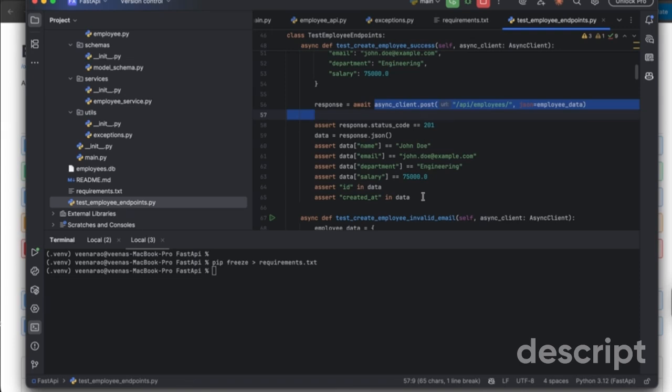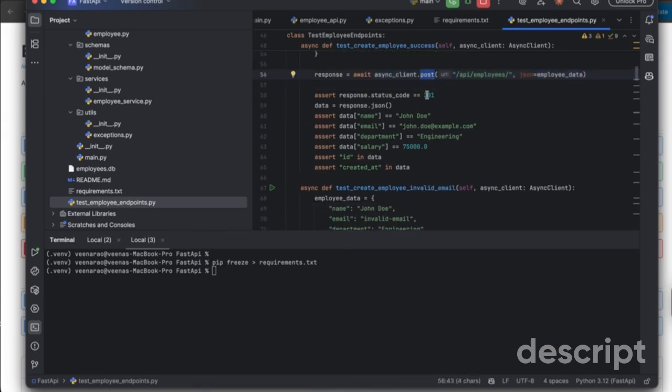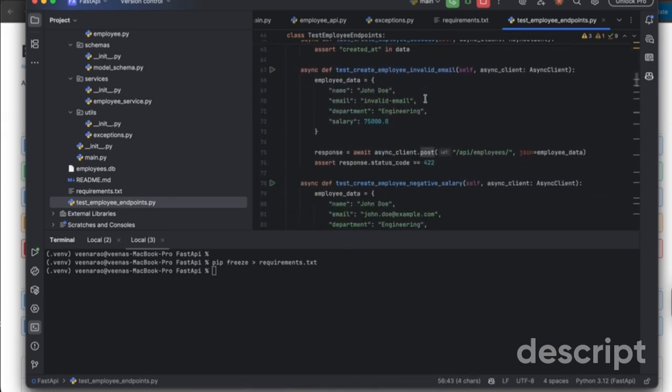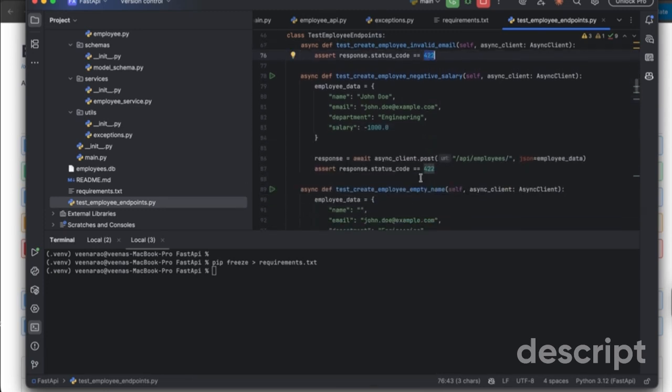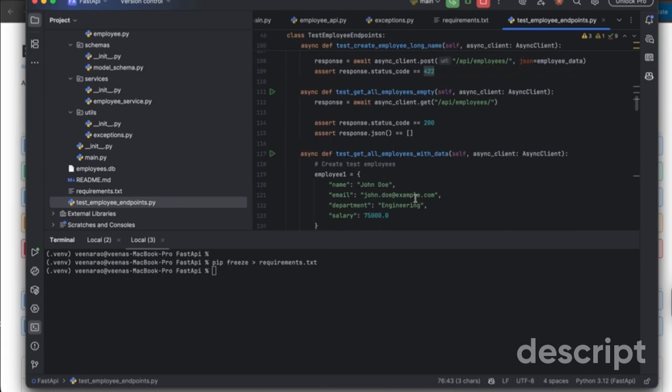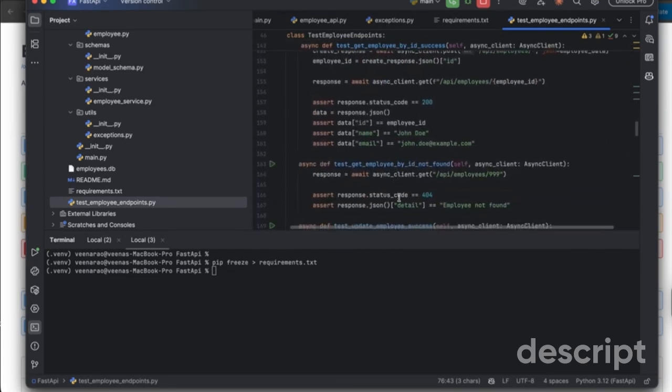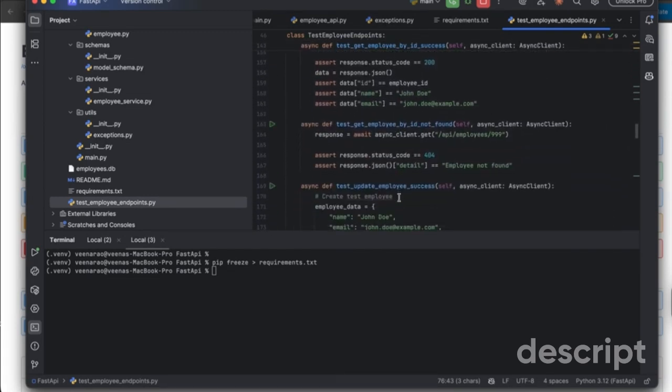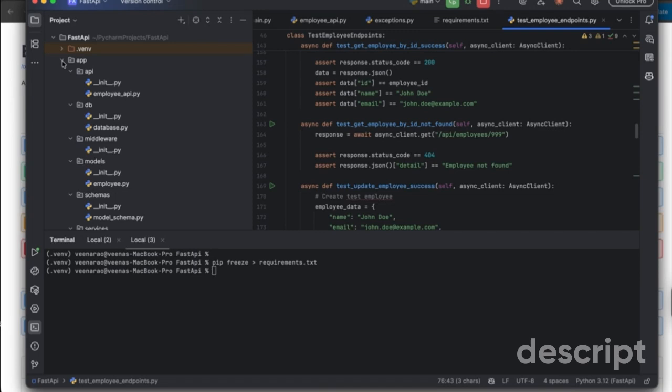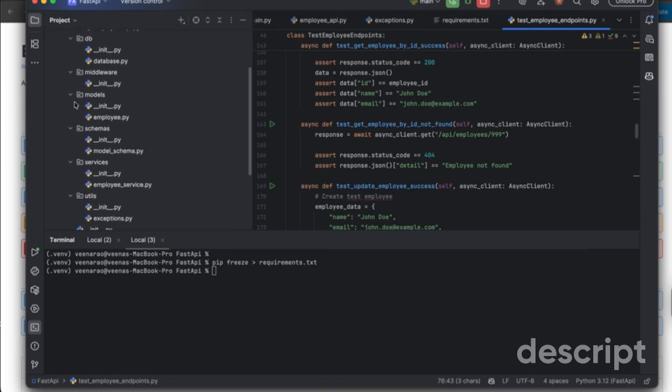In a similar way, you can test all the endpoints. Currently what I've shown is the POST. And you can check for all the validation errors that happen for your input. Similarly, you can test all your GET, POST, DELETE, PUT APIs, and let me know if you have any difficulty in understanding this. As a next step, you can take the GitHub repo. I will be checking it in. You can create a feature branch for whatever endpoints that you have tested.